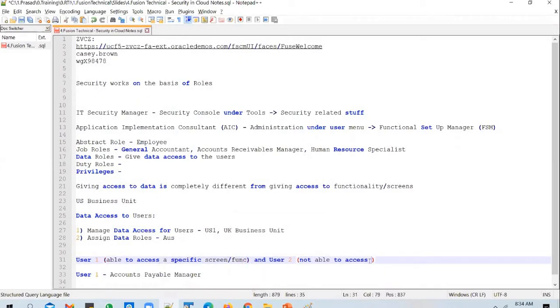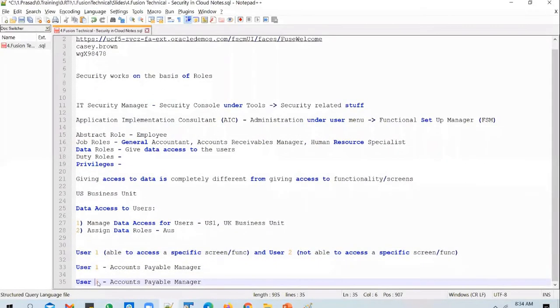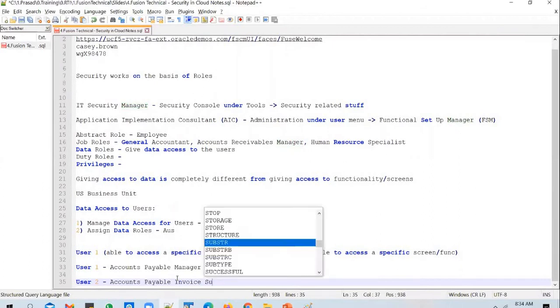In such a case, how do you debug it? You take a look at the roles assigned to user 1 and user 2. For user 1, let's say you have the accounts payable manager role assigned, and all the other roles are the same. There is only one difference in terms of roles. User 1 has the accounts payable manager role and user 2 has the accounts payable invoice supervisor role assigned.